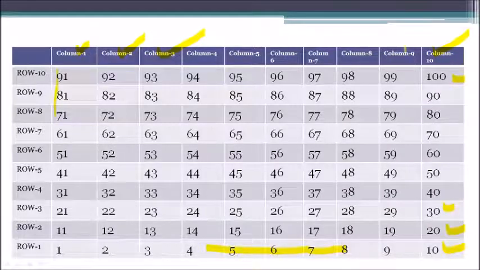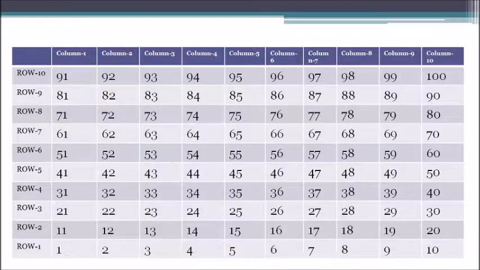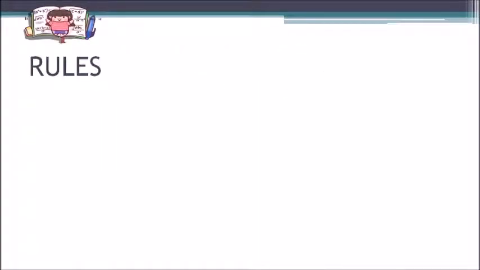In this number grid, there are numbers from 1 to 100 in a proper manner. You can draw it on an A4 size paper for your reference. In the next part of this video, you may need the help of this number grid. So you can just wait here. You can draw this number grid on an A4 size paper and keep that paper in front of you for the calculation ahead. Now let's know about some rules of this game.